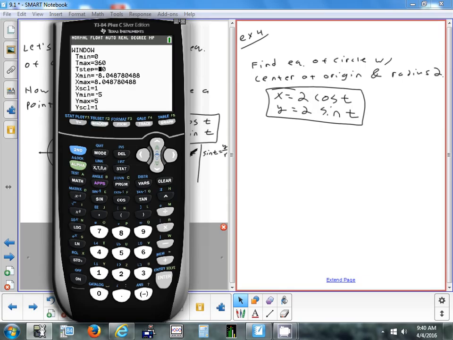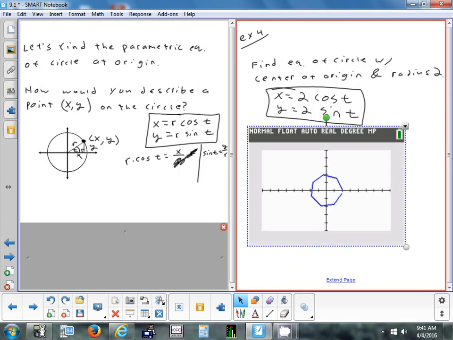Let's try going by 5s. I want to pick a number that doesn't divide into 360 evenly, just to show you. Let's do like 50s. So it's going to graph 0, 50, 100, 150, 200, 250, 300, 350. Can it graph 400? No, so it's going to end at 350. So you're going to see a little gap because the next one would be 400. So to avoid that, it's kind of hard to see. To avoid that little gap,